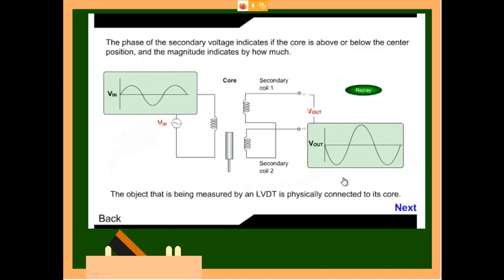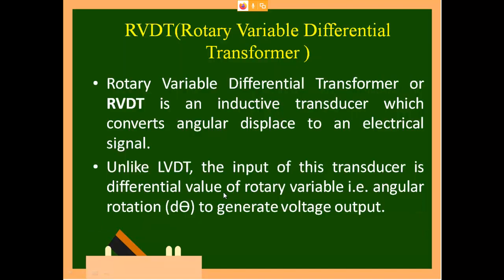So this is what we have with respect to LVDT. LVDT is again for linear motion. For linear motion we are using this type of sensor, so we can calculate the amount which this core has entered as well as how much it is coming out. Then the same LVDT, only a small change.